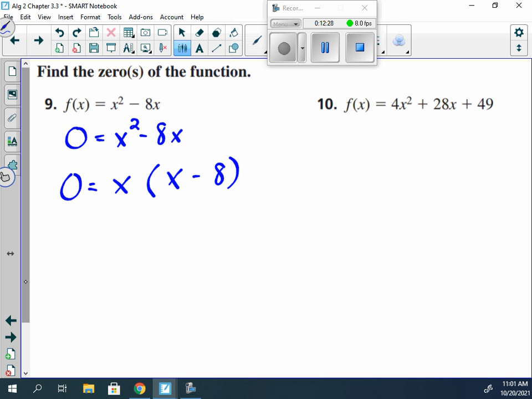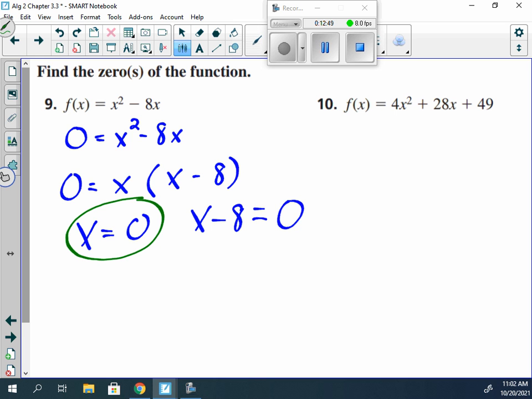Now, do we have two things multiplied together to equal 0? Oh yeah, x times x minus 8. So that means either x is equal to 0 or x minus 8 is equal to 0, yes? Oh, wait a minute. What does this say? X equals? X already by itself, it equals 0. We're done with that one. Here we have to